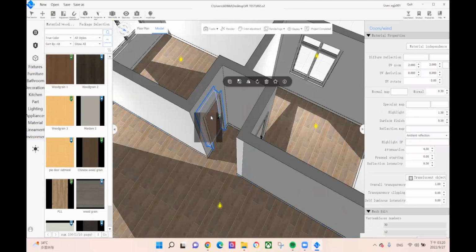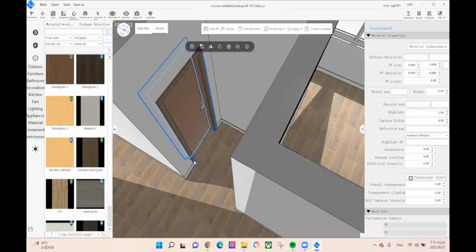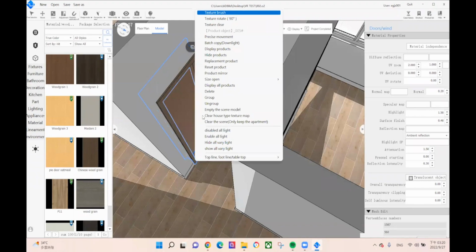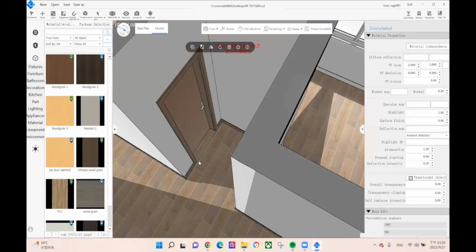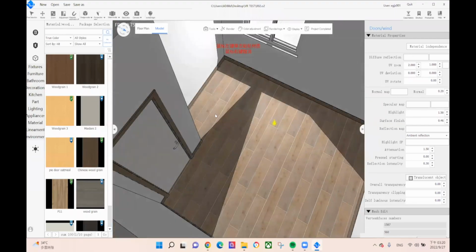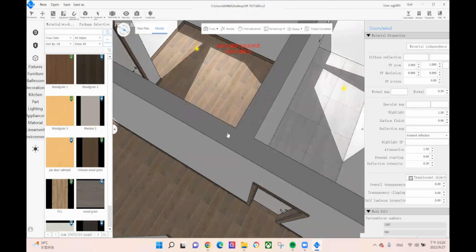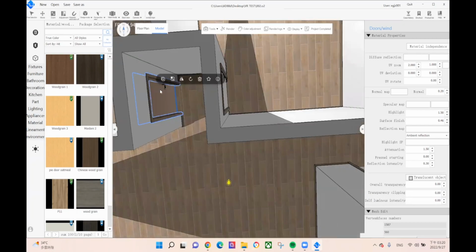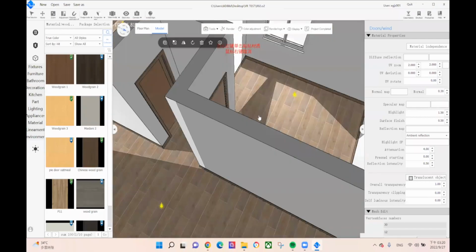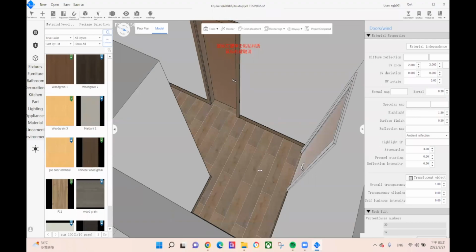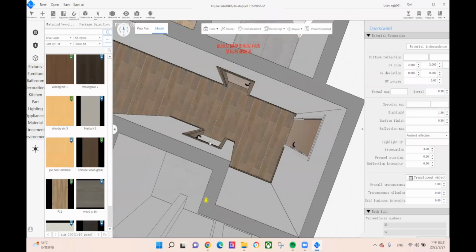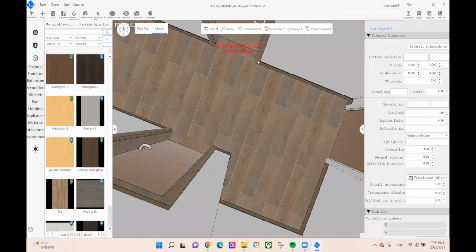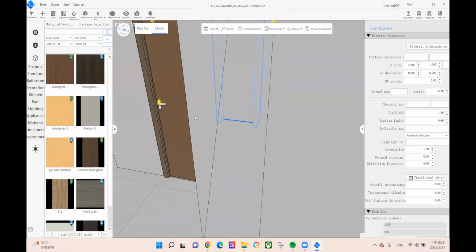And we will choose another pattern for each door and skirting, also using the texture brush. Okay, when we finish the brush,